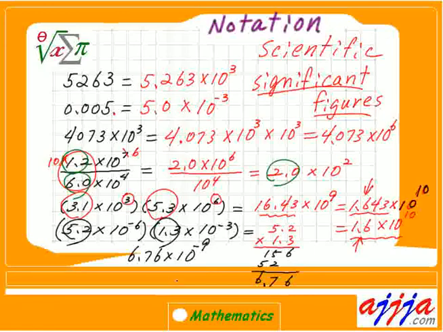That's it. Now, left-hand side, 6.76. That's going to be between 1 and 10, perfect. The only thing you worry about is what? If you got instructed, then you have to keep the figures, right? This one is 2 figures. This one also 2 figures. That means, oh, that's right, this is it, 6.8. You round up to keep 2 figures right there. Then same answer right there, 10 to the negative 9th power. That's it.